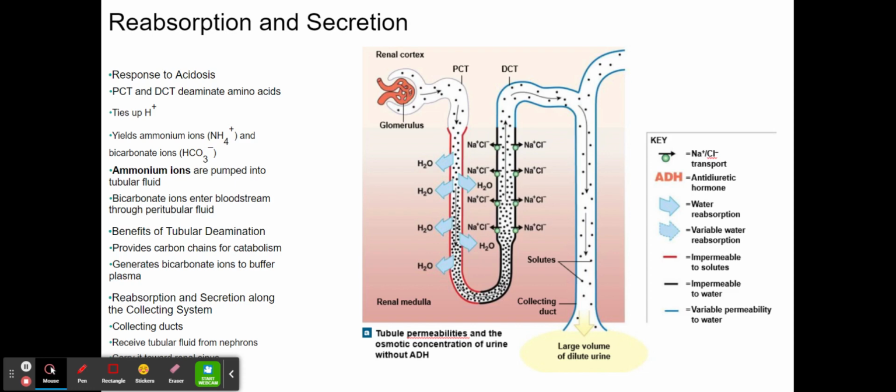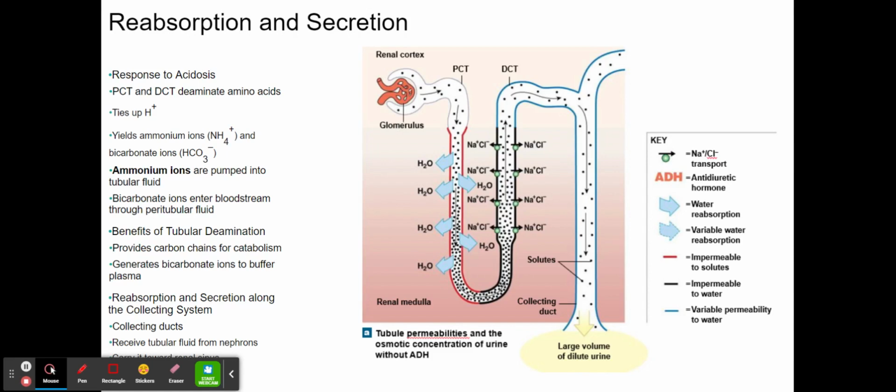Tubular deamination thus has two major benefits. It provides carbon chains suitable for catabolism. It also generates bicarbonate ions that add to the buffering capacity of the plasma. The collecting ducts receive tubular fluid from many nephrons and carry it toward the renal sinus through the concentration gradient in the medulla. The normal amount of water and solute loss in the collecting system is regulated in two ways: